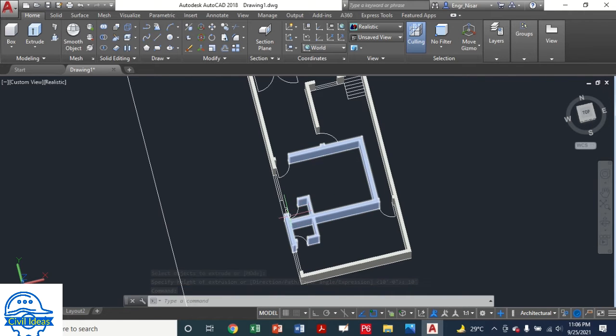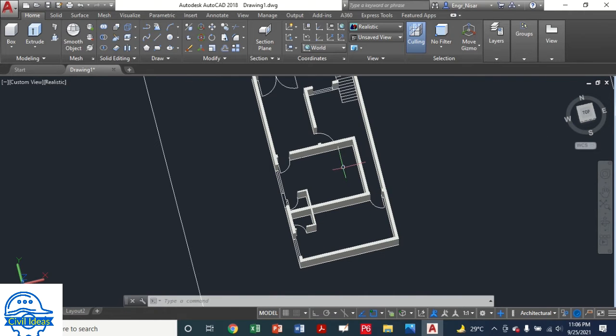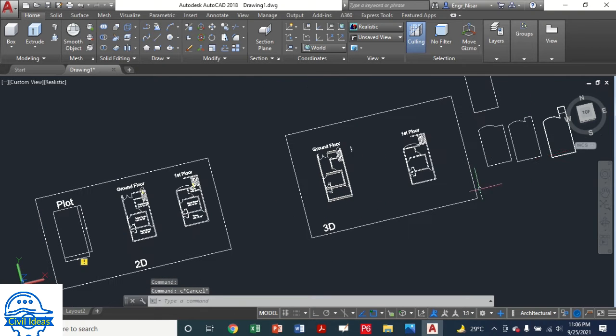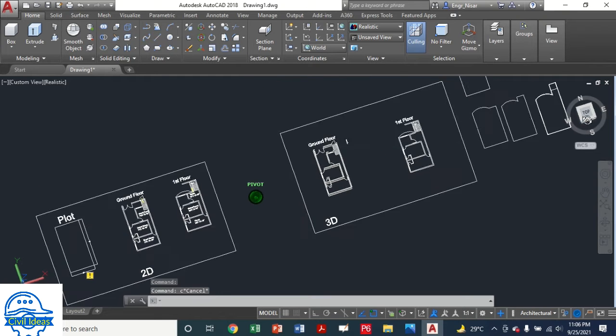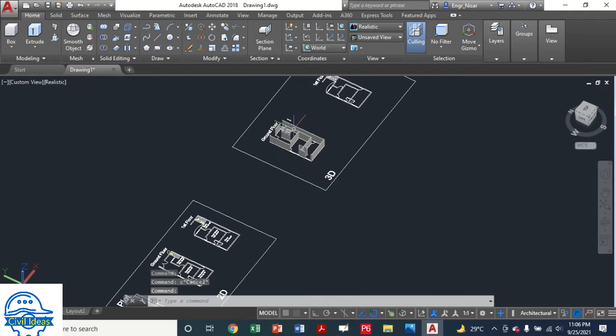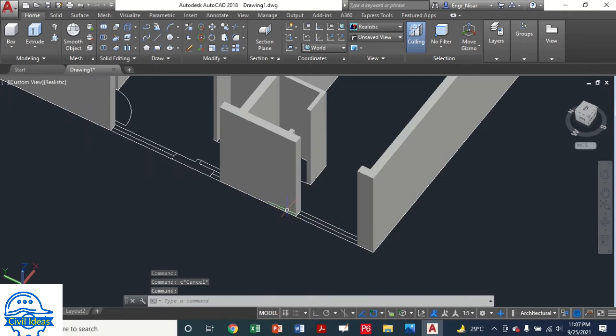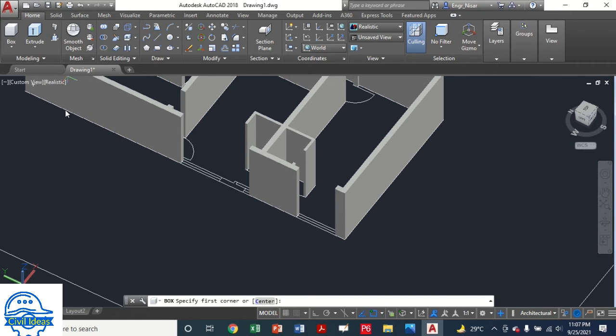Now you can use it. The doors and everything. You can create a box directly by clicking on the box here, or box and